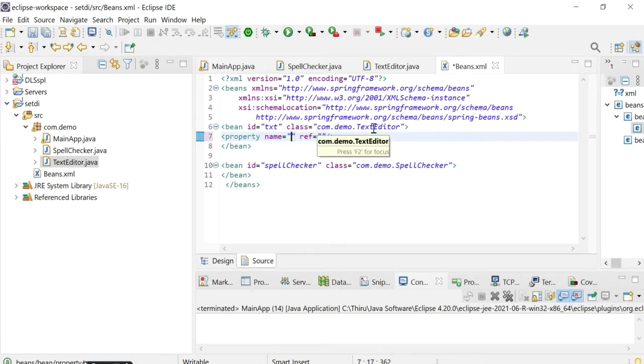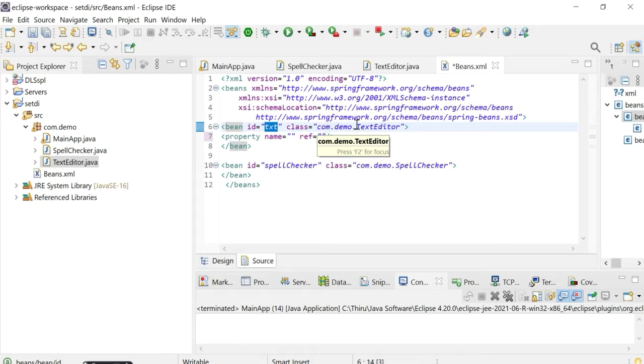The first bean is text editor. In the class attribute we have given the text editor class name, which exists in com.demo.textEditor. For this class, the object is assigned in the id attribute. The object name I just give is txt.